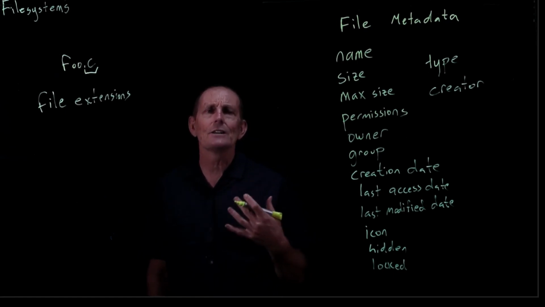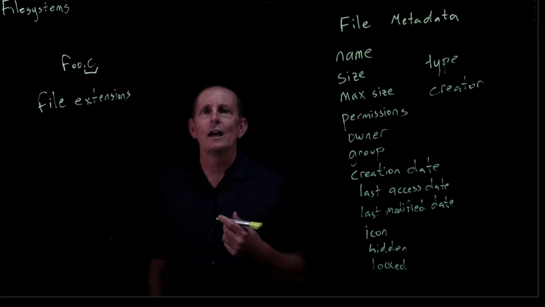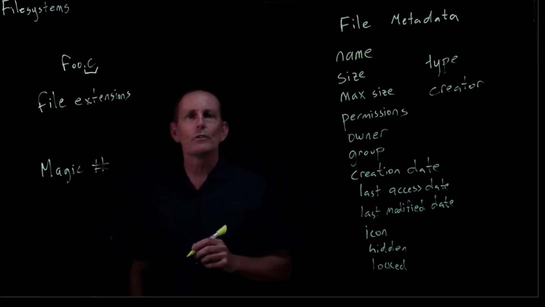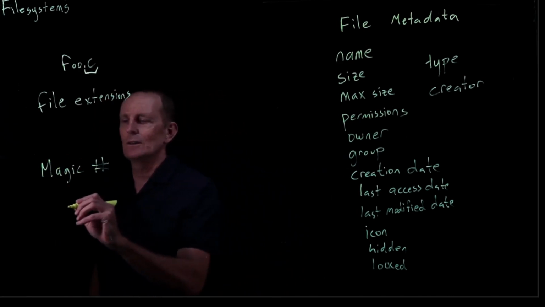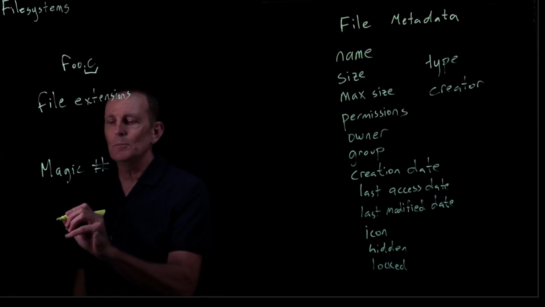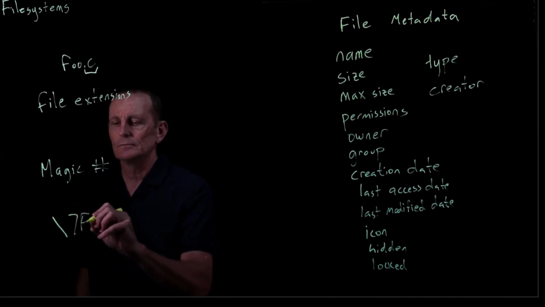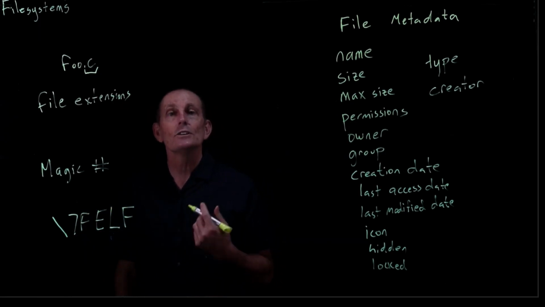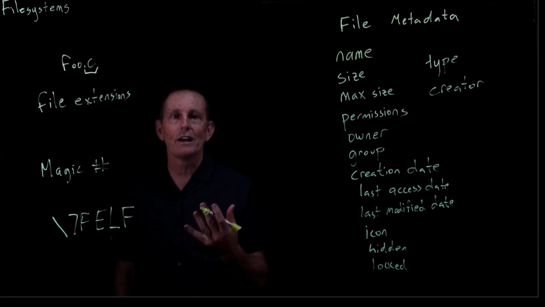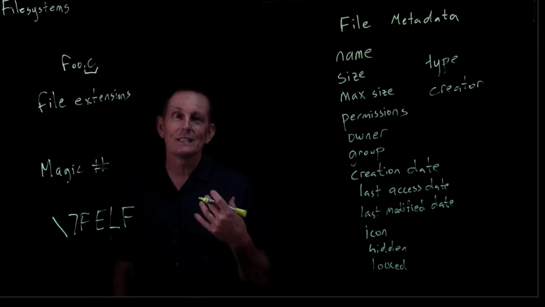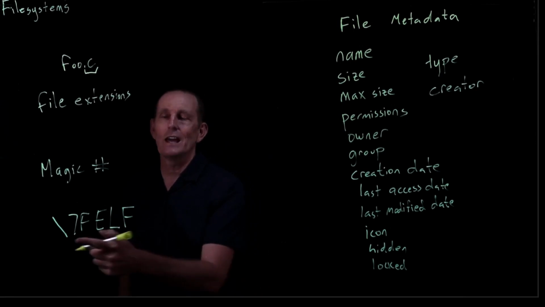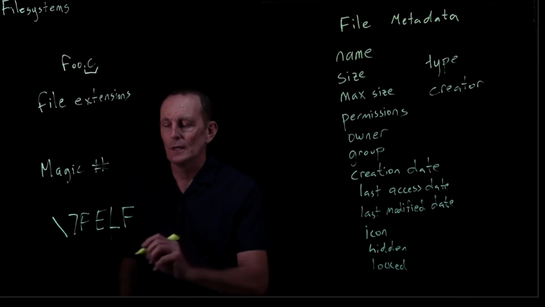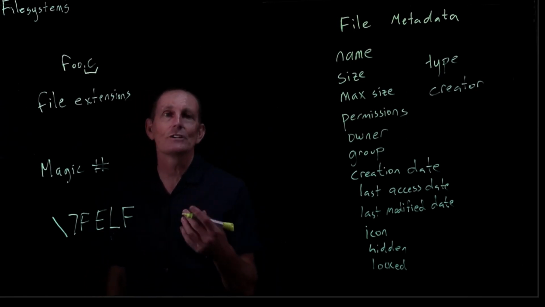There are a lot of binary files, though, that don't have a particular extension, and those are often distinguished via a magic number. So, for example, if you have an ELF file, it begins with these 4 bytes, which are always at the beginning of an ELF file. So if you're given a file, you can verify, or doesn't completely verify, that it is an ELF file if it has this, but if it doesn't have this at the beginning, then you know for sure it's not an ELF file. There are a bunch of magic numbers for a bunch of different files.